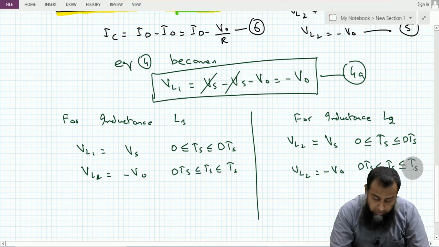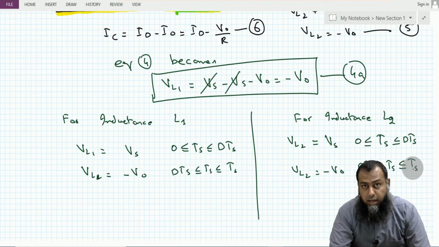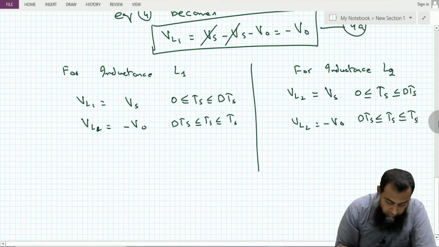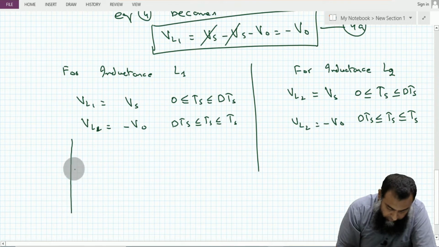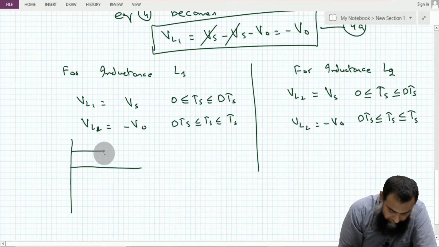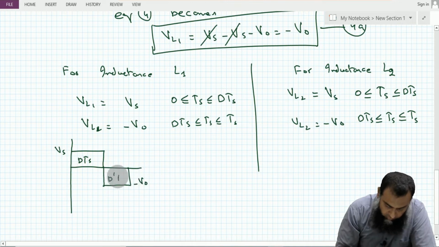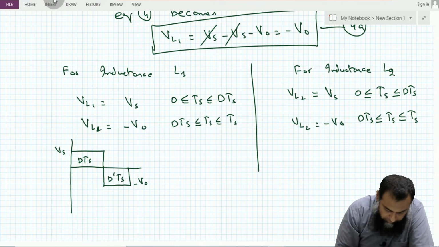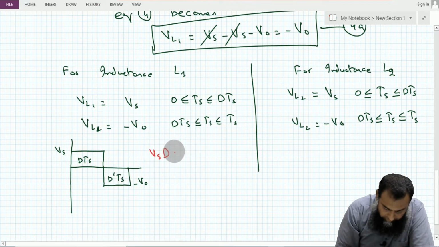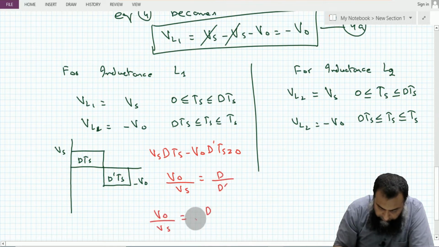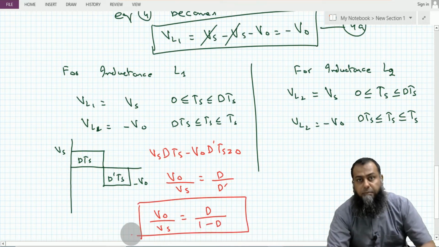Now this is very surprising, because for both the inductances L1 and L2, the volt second balance are exactly the same, and therefore if I draw the waveform of the voltage across these inductors, then the very evident thing is that we have, this is Vs and this is DTS, and this is minus V naught and this is D dash TS. So if I apply the volt second balance here, so this becomes equal to VS D TS minus V naught D dash TS, that is equal to 0. So what we get here is that V naught over Vs is equal to D over D dash, and this V naught over Vs gives you D over 1 minus D,